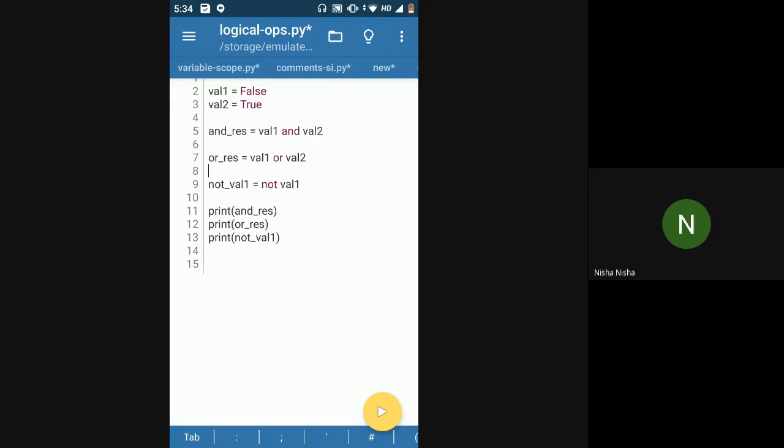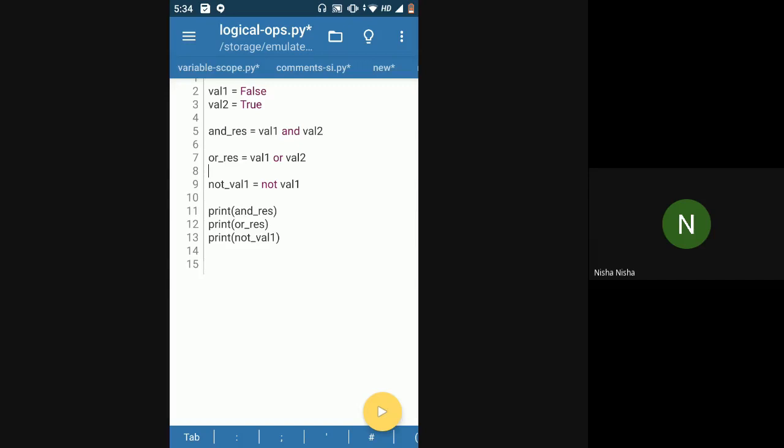Ma'am, can you explain and, or again? Okay. So and, or are also logical operators which will work on two Boolean operands. You will have to pass it two Boolean operands for it to give you a value, and the output that you get by using and, or operators will also be a Boolean value only. So line number 5 and line number 7 will give you a Boolean output only.